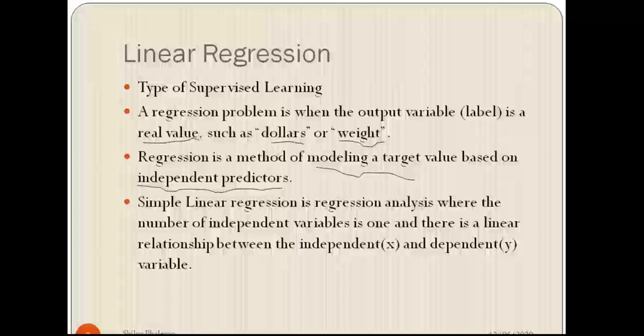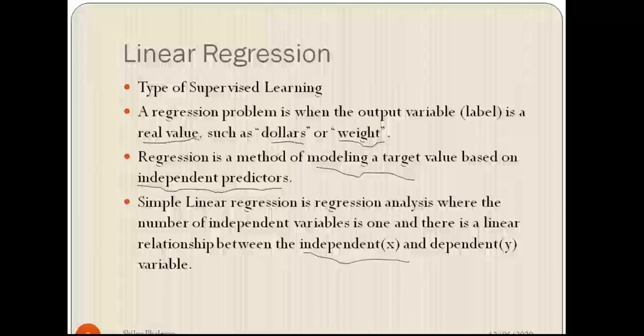Like if we have multiple values, we need to decide the price depending on the quality of the cloth, how much cloth is used for stitching, and the brand name, and all these are treated as independent variables in linear regression. So what is the simplest linear regression? The dependent variable is always 1, but the number of independent variables may vary. If the number of independent variables is only 1, then it is called simple linear regression.